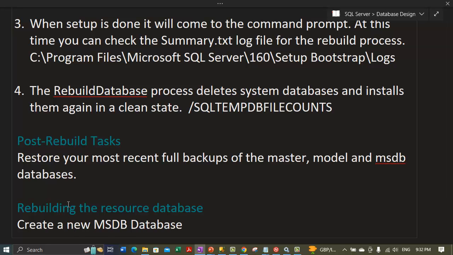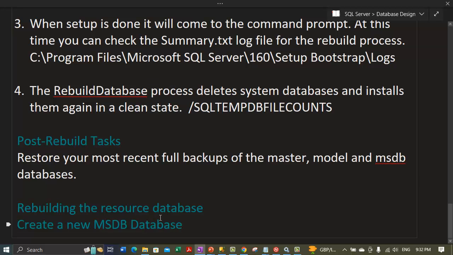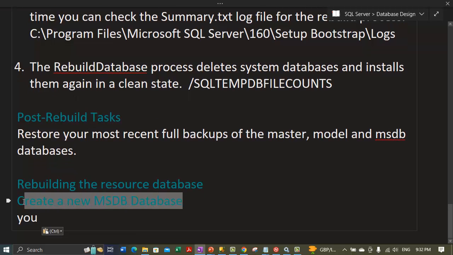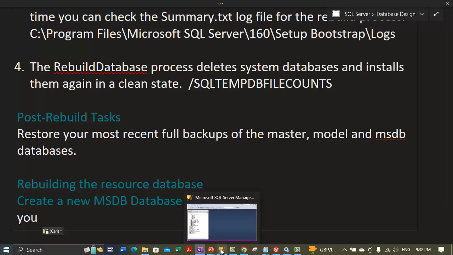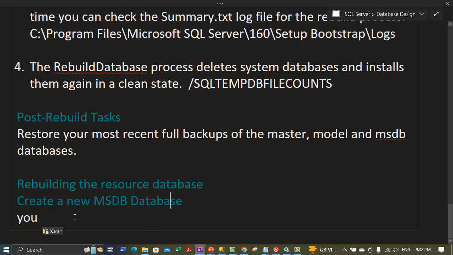So sometimes there is a need to create a new MSDB database, right? So this is another heading. Let me mark it with the heading. So let's talk about creating a new MSDB database. Okay, so let's concentrate on this topic, creating a new MSDB database. So go back to the SQL Server. So if your MSDB database gets damaged